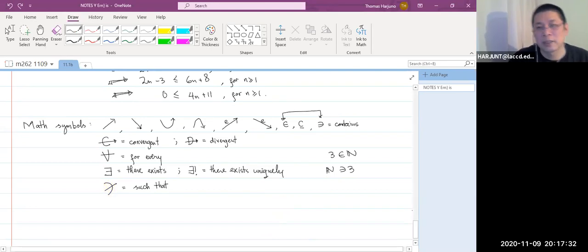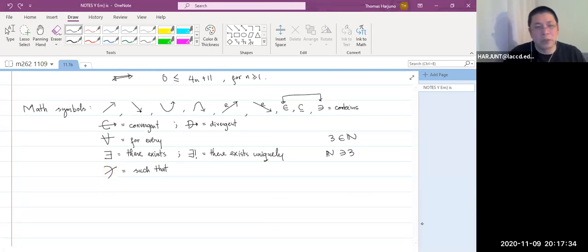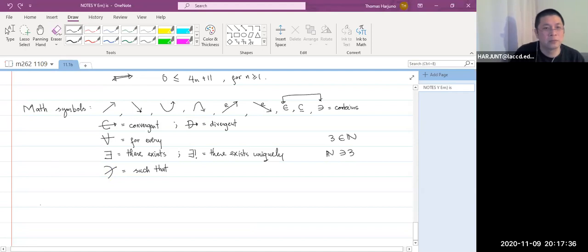Okay, let's say the following. Do you remember the definition of limit? For example, how to use this notation, right? Definition of limit. We say the limit as x approaches a of f(x) equals L